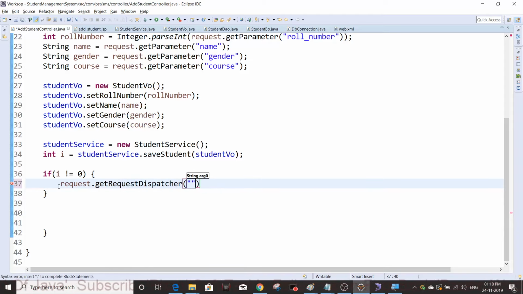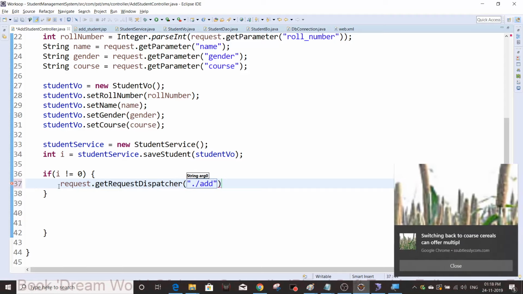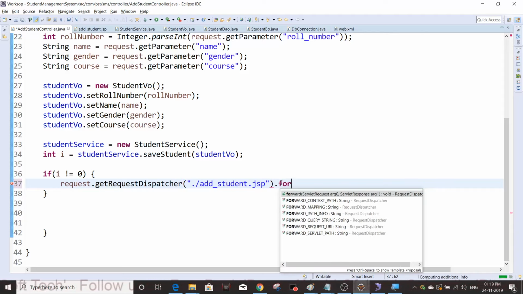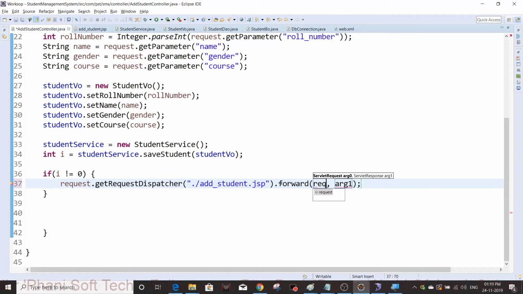What is the target file name? add_student.jsp. Okay, add_student.jsp dot forward. We are giving request and response,